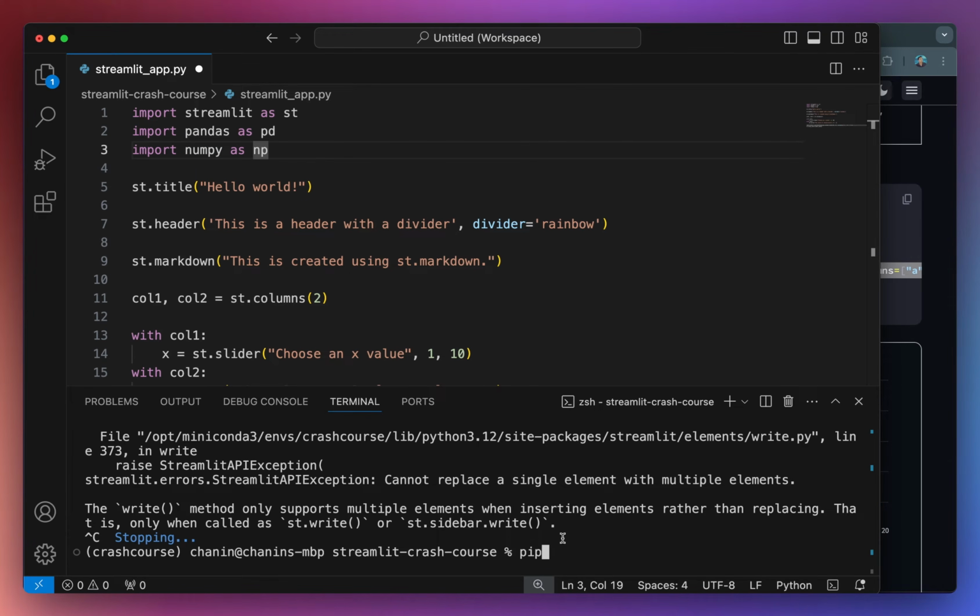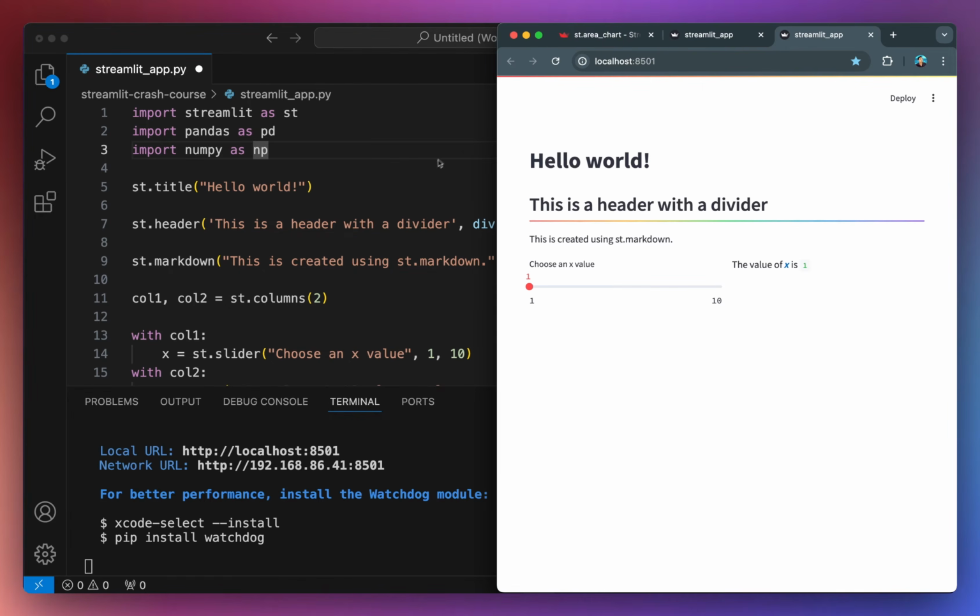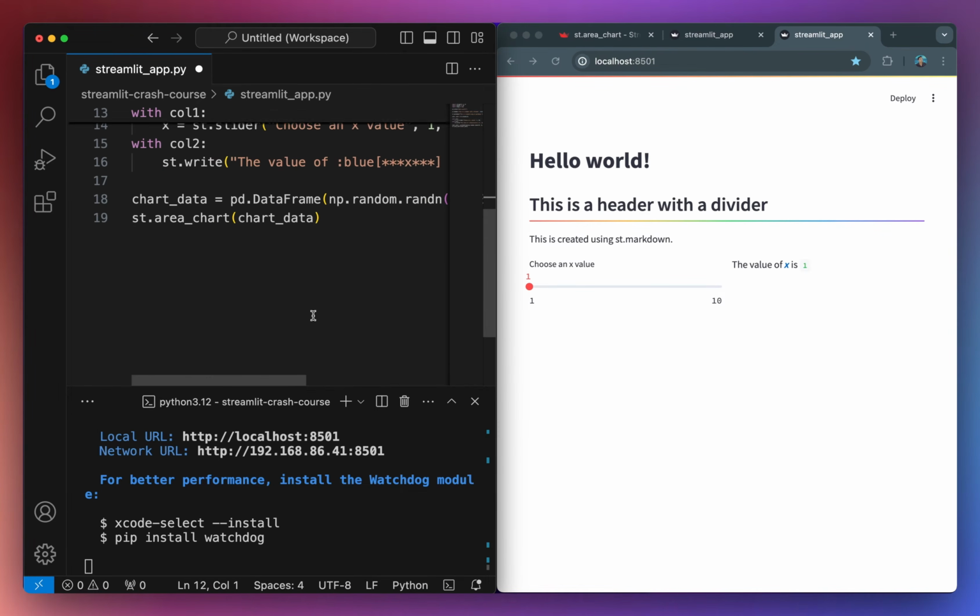Before proceeding further, let's first install the prerequisite libraries such as Pandas and NumPy. Then we're going to relaunch the app again.